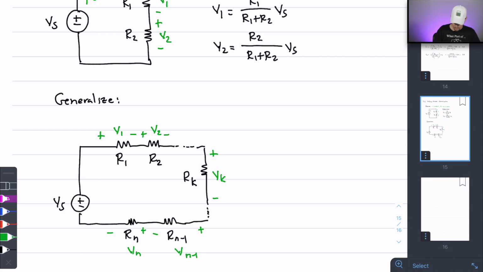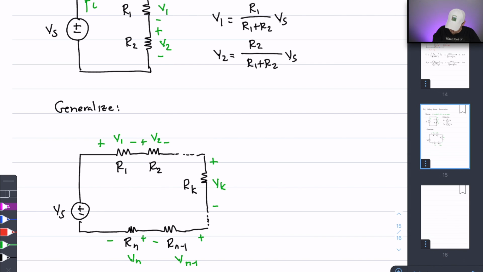Now, if you take a look again at the mathematical formula over here for these voltages, notice that there are certain things that should stand out. First and foremost, the voltage V sub 1 is multiplied by R sub 1 divided by R1 plus R2 times V sub s, and notice that the R1 plus R2 times V sub s is shared in common with both formulas. The only thing that changes are the subscripts for the voltages as well as the resistor in the numerator. So copying the same mathematical form,